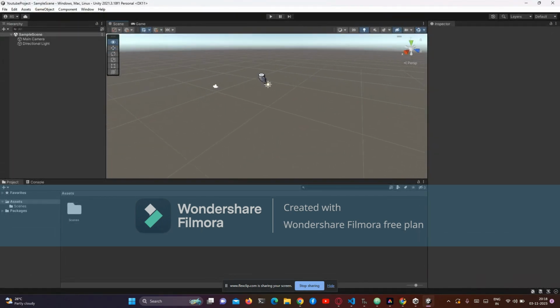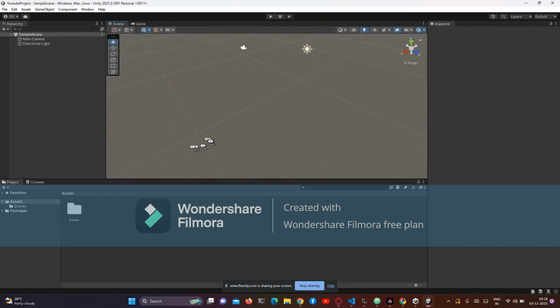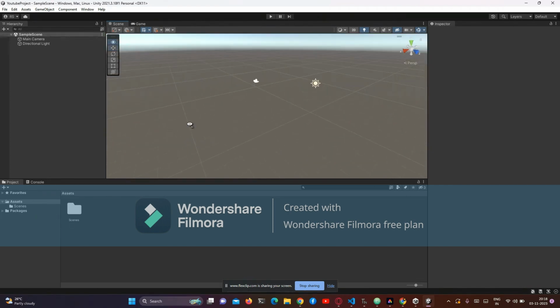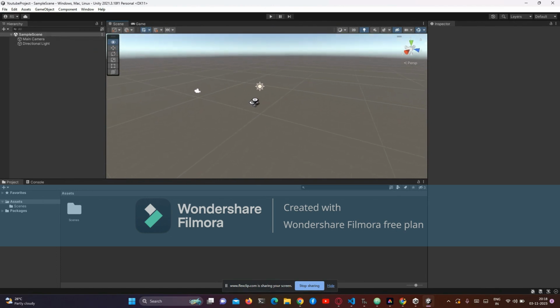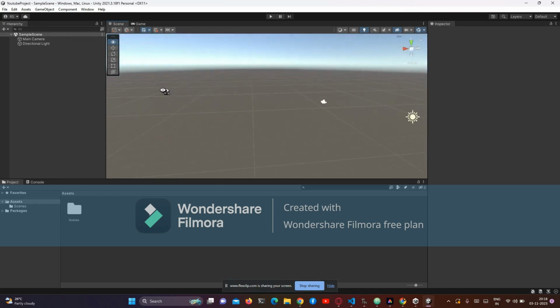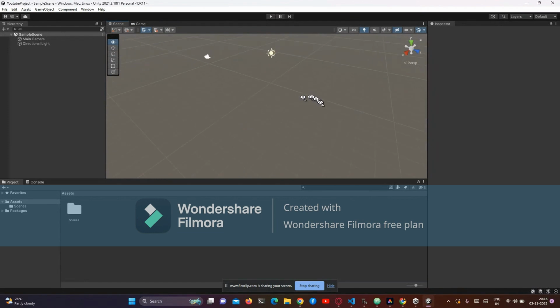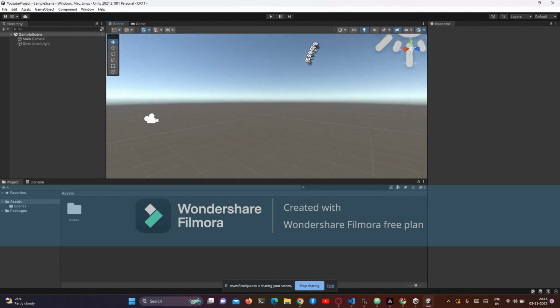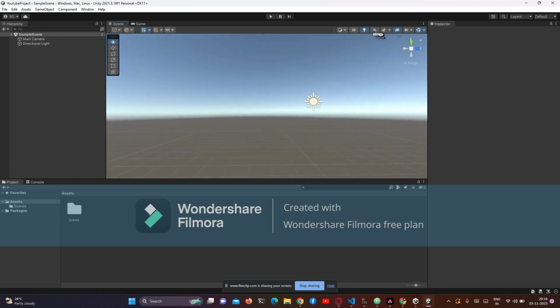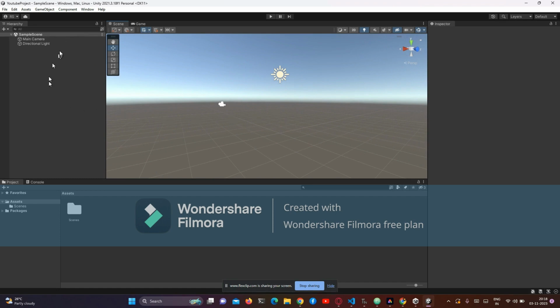Before, let's look at how to move around in the scene tab. First, right click and move your mouse. Then you can look around. If you want to go forward, left or right, just right click, forward, backward, left, right. So this is the basic creation, but let's get into the